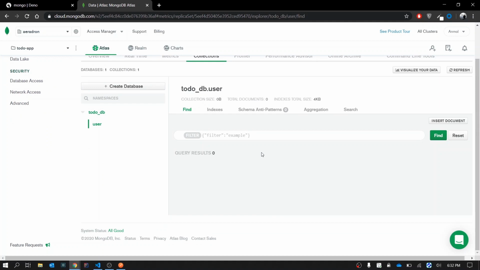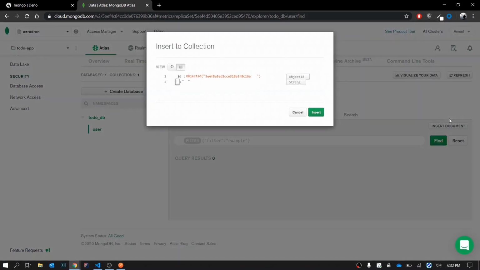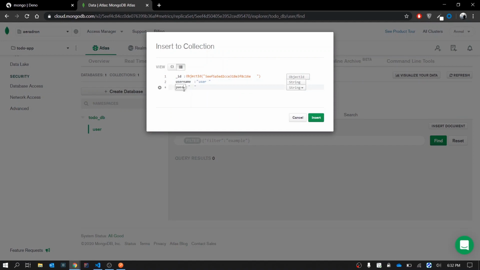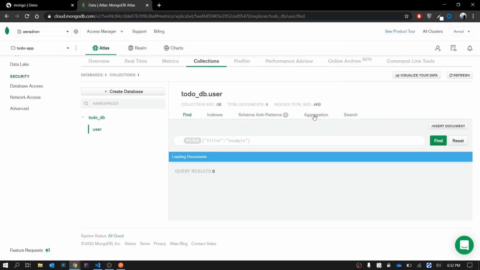As I said earlier, we do not have a sign up page, so we are going to create a document by ourselves. We'll click on insert document. For now, just say username, user, and then add one more field, password, and it is pass. That's it. We're going to insert it.